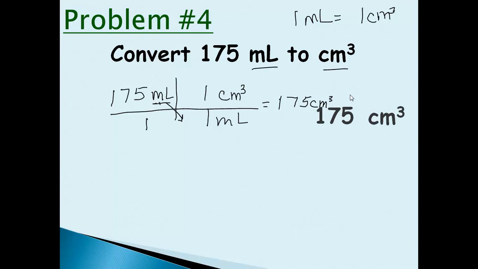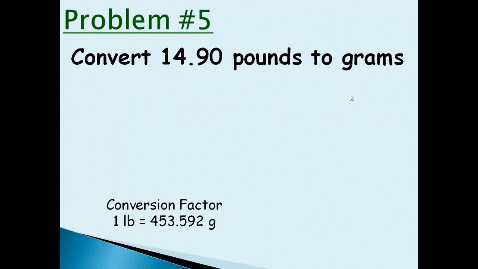Okay, let's try one that's not metric. All right, we want to convert 14.90 pounds to grams. Notice down here I tell you that 1 pound is 453.92 grams. So this should be a piece of cake. We're going to set this up. 14.90